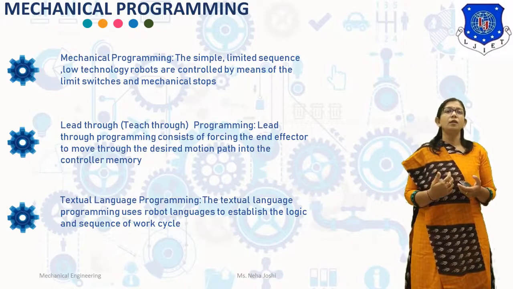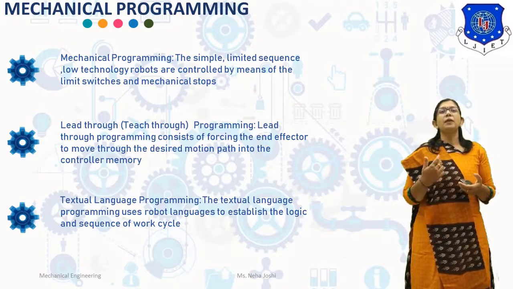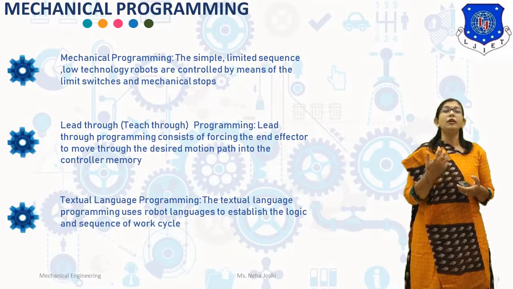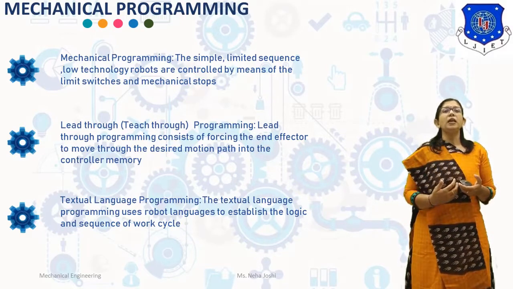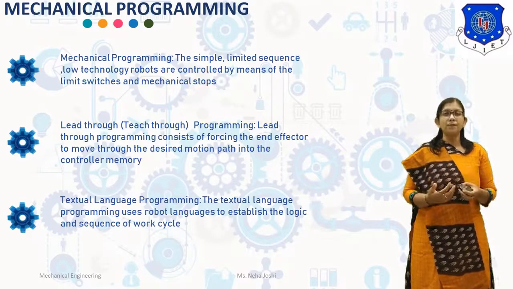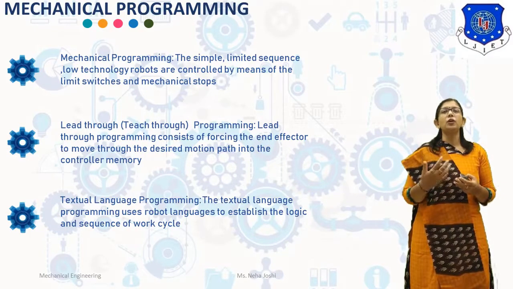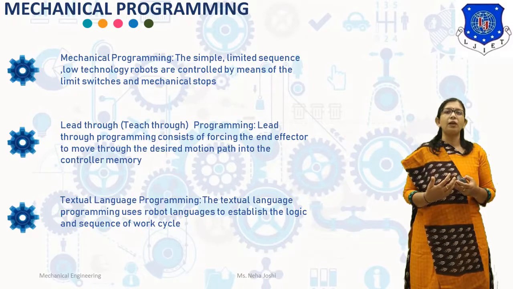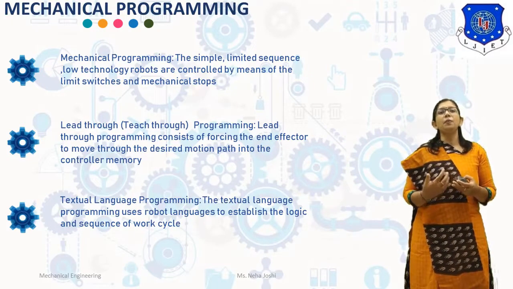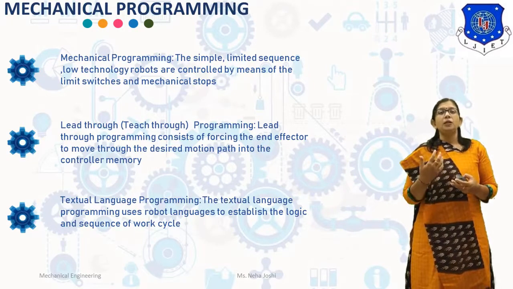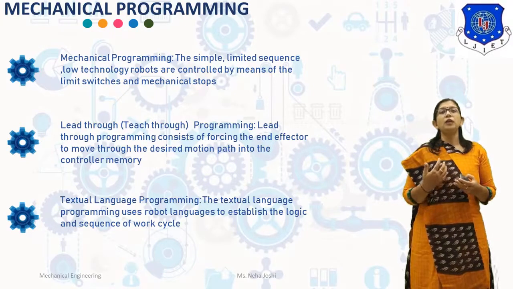Now what is the power lead-through programming method? The power lead-through programming method makes use of a control box or a teach pendant. The control box is equipped with a combination of toggle switches, buttons and dials to control the robot movements. The teach pendant is used for driving the manipulator and the end effector to each of the desired points in the work envelope and recording these points into computer memory for subsequent playback. The power lead-through programming method is used in point-to-point robots such as machine loading and unloading robots, material handling robots